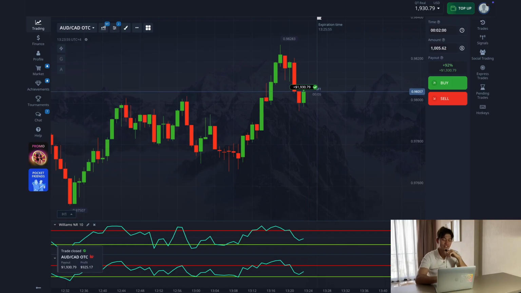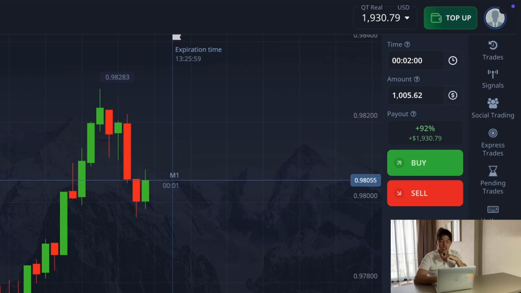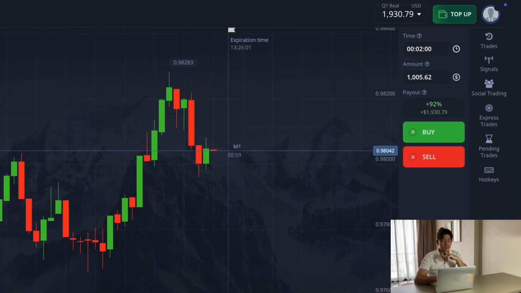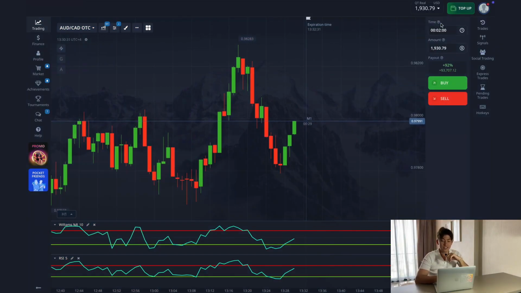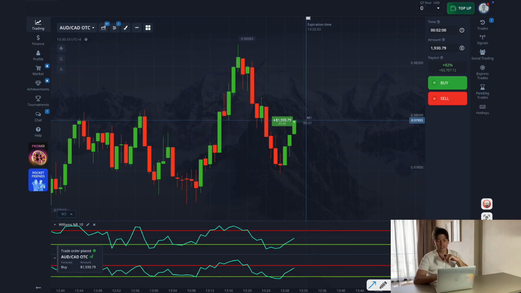And right on time, the correction comes in, locking in $925 in profit. Strong trade, let's keep going. Final signal of the session forms inside a clean bearish move. Timer 2 minutes, and I'm opening a buy trade for